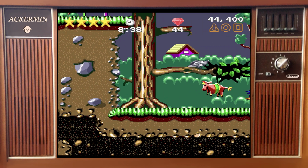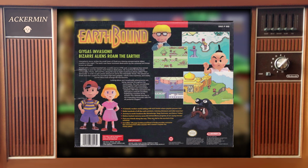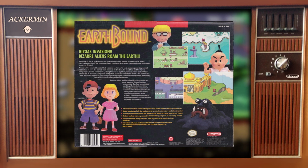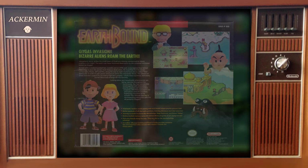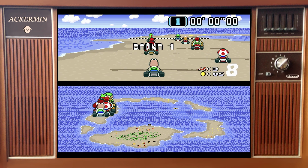Now the back of the SNES boxes follow the same template I was talking about earlier, so I won't be talking about them again, and the same can be said for future consoles. But if there's something special about the reverse side of a particular console's games, I will mention it, so don't worry. As far as PAL goes, we once again see very similar boxes to the NTSC games, but there are